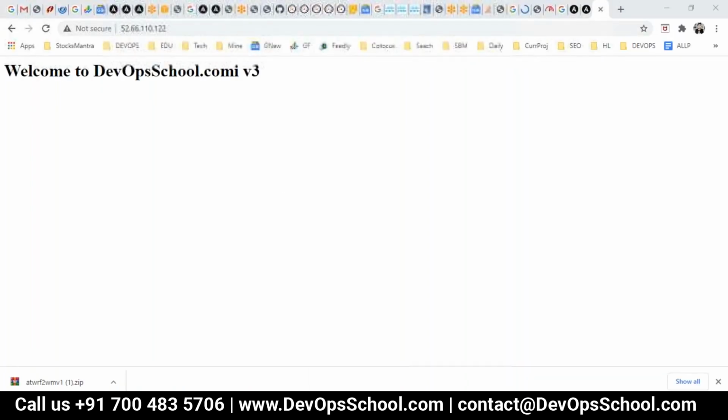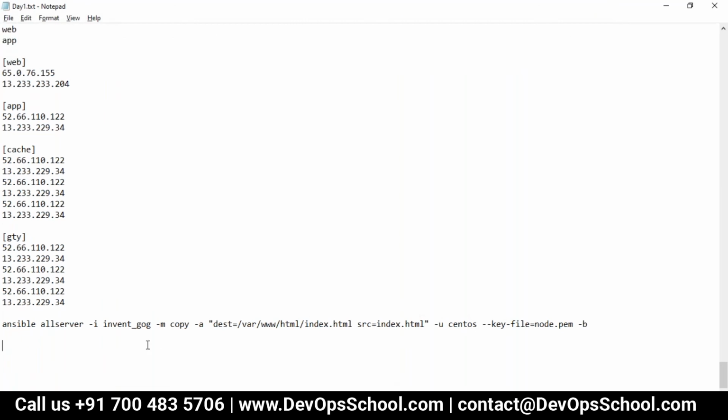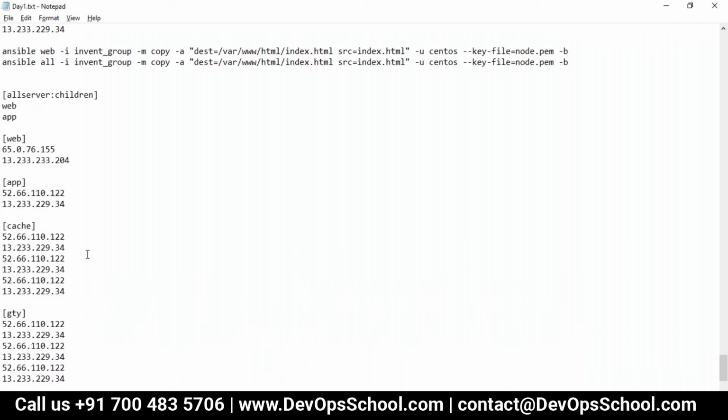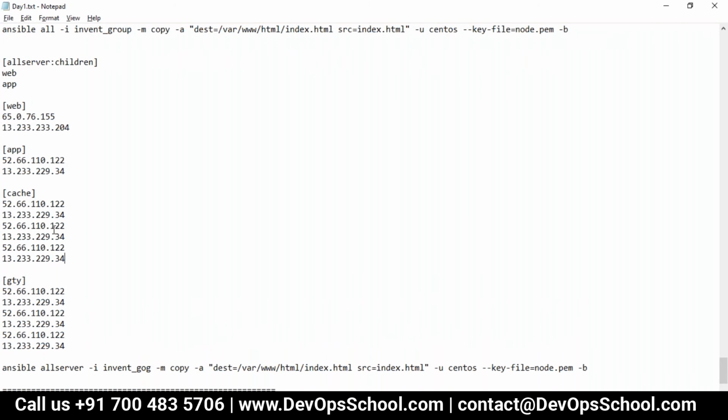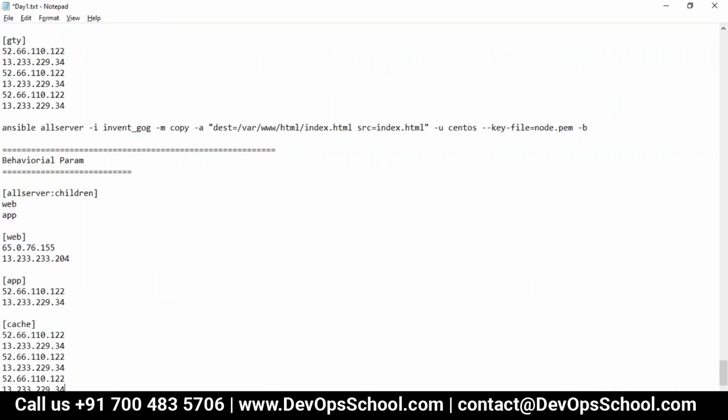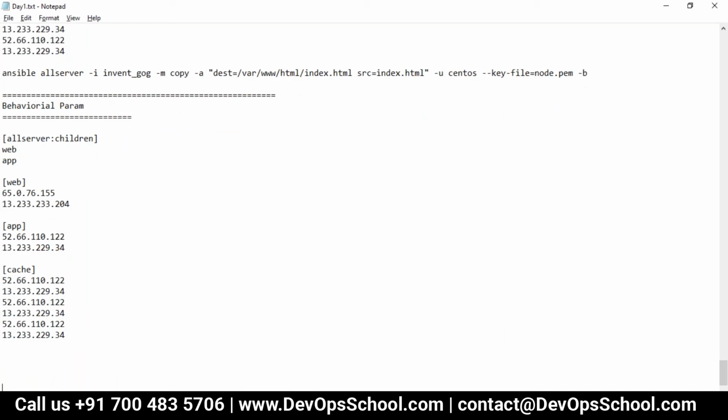So guys, now the next thing is that inventory has a behavioral parameter. Now the question is, what is a behavioral parameter? Let's first understand the problem. Someone had asked this question just one or two hours before.